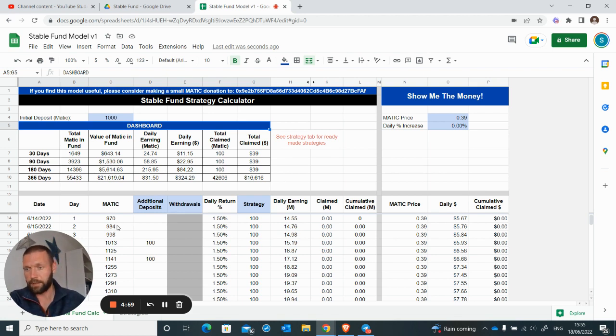Because there's a 3% deposit fee that goes to the dev. You've then got, in this column here, you'll see how that Matic appreciates over time based on the strategy that you're going to be using. In column D, if you are going to be adding funds at any time, you can add that in column D, and again, the 3% fee will be taken off that before it goes into